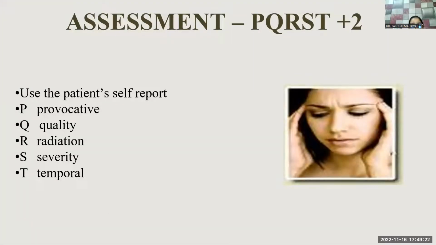Now, assessment is simply based on PQRST plus 2. The best method is self-reporting, that in case the patient is able to say that I'm having 8 paisa pain or 9 paisa pain, then it is well and good. But we should always ask what are the provocating factors, what are the palliative factors, what factors can increase and which can reduce the pain. What is the quality of pain? How is it, as I told you, burning type, needle prick type, throbbing type, pulsatile type. Whether the pain is localized or it is radiating along the dermatome, something like a neuropathic pain.